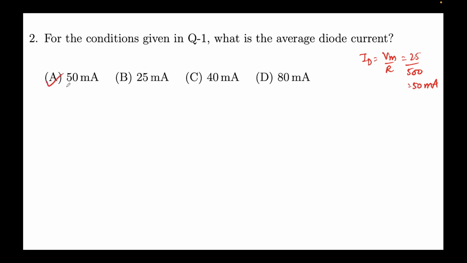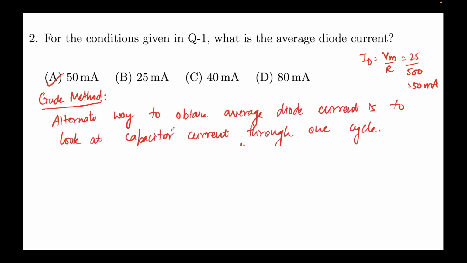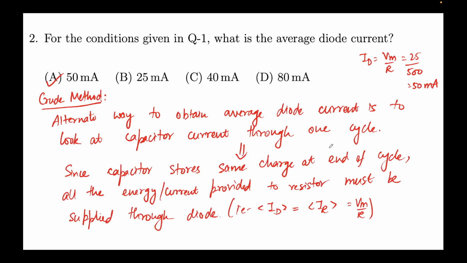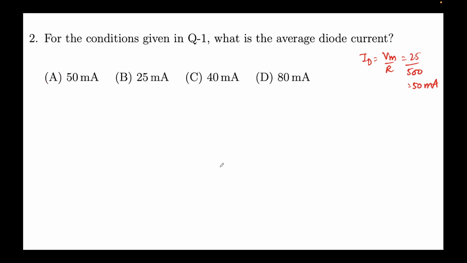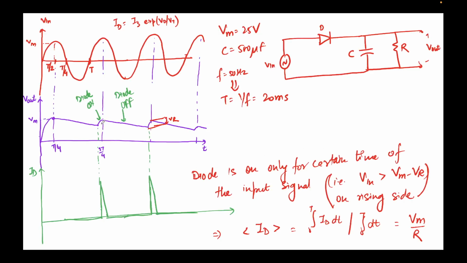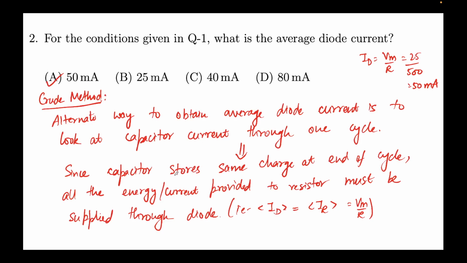Now we told you that you can refer to the formula, but is there some intuitive way of seeing it? Yes, there is. To obtain the average diode current, you just look at what the capacitor current is in one cycle. We notice that at the end of each cycle, the output voltage comes out to be the same value, that is Vm. This means the capacitor at the end of each cycle